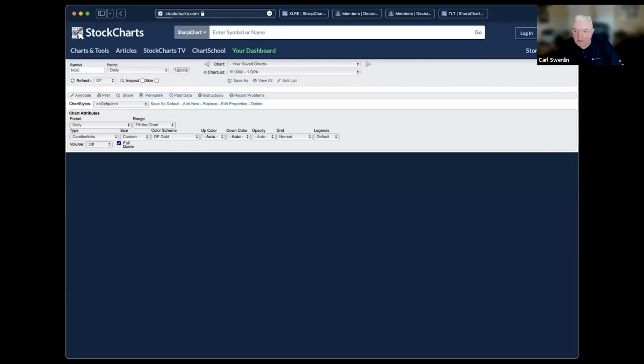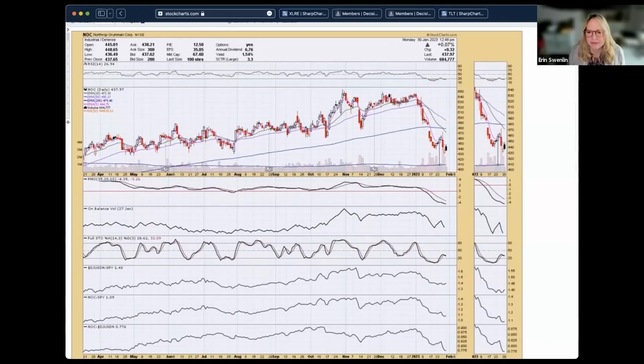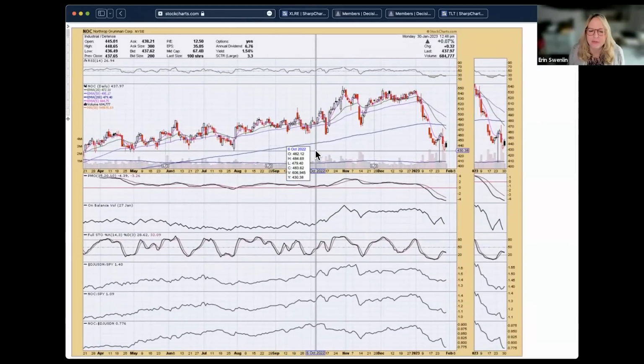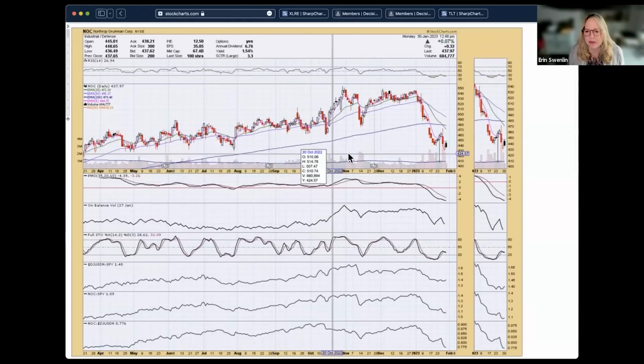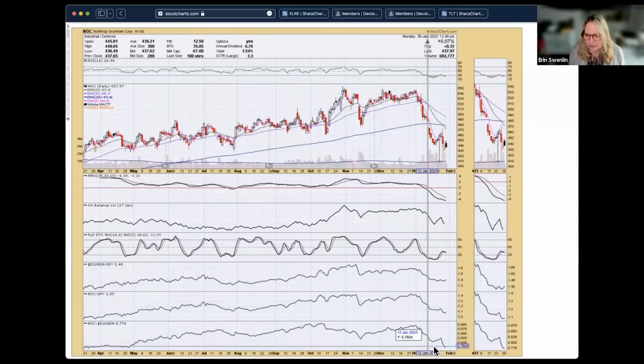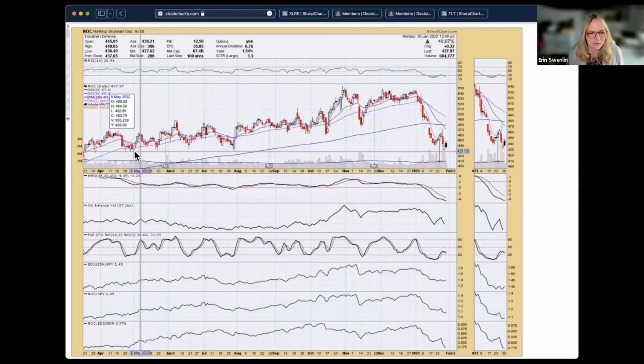NOC. Northrop. All right. Well, it's bouncing off very strong support here, looking very interesting. Certainly, I don't like a filled black candlestick. That is a bearish candlestick formation. Not liking relative strength here. The group is starting to perform in line with the S&P. Notice that stochastics have turned down in this negative area below net neutral 50. OBV headed lower.